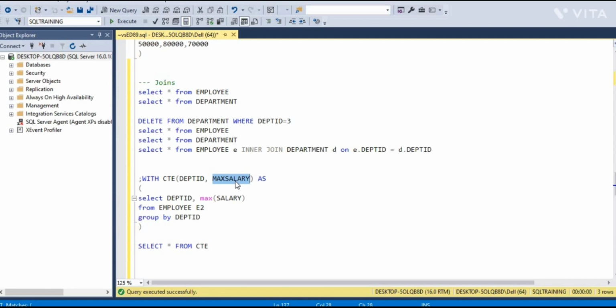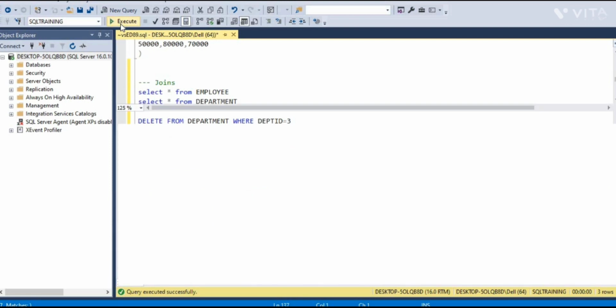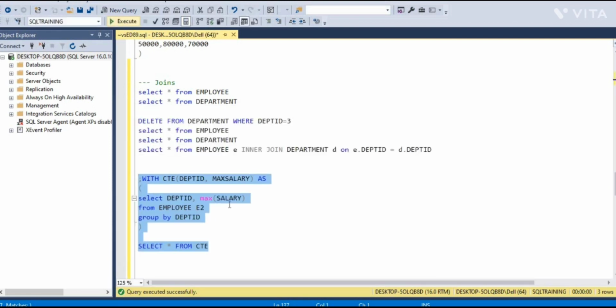So similarly we can give any number of columns that we want. So if we select here, this output will now be stored in a CTE. Here we have written select star from CTE. So if we run this, we will be getting the same output. So in this way I have taken the output of a query which is not directly available